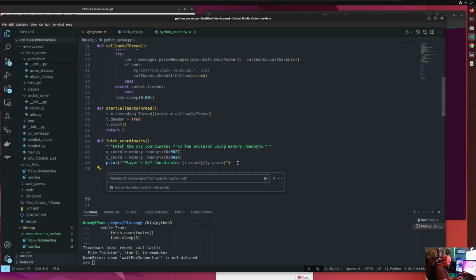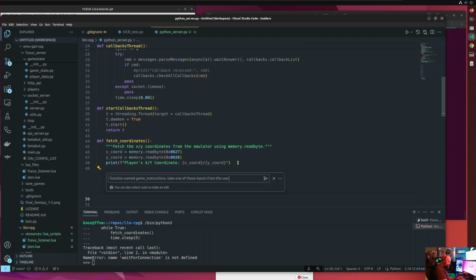Let's stop, I'm going to confuse it. Function named game, let's just name the function game instructions. And then takes input,